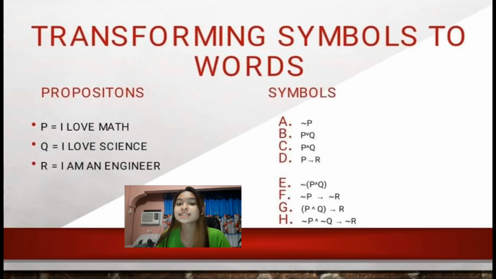First off is transforming symbols to words. The given propositions are P is equal to I love math, Q is equal to I love science, R is equal to I am an engineer. The symbols that are given are A, not P; B, P or Q; C, P and Q;